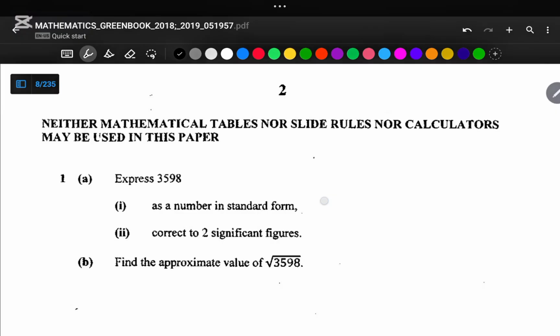Let us calculate the first question, which says express 3598 as a number in standard form. A number in standard form must start from 1 up to 9.9, and then be multiplied by 10 raised to some power. That will be the number in standard form. So for us to make 3598 within this range of 1 to 9.9,